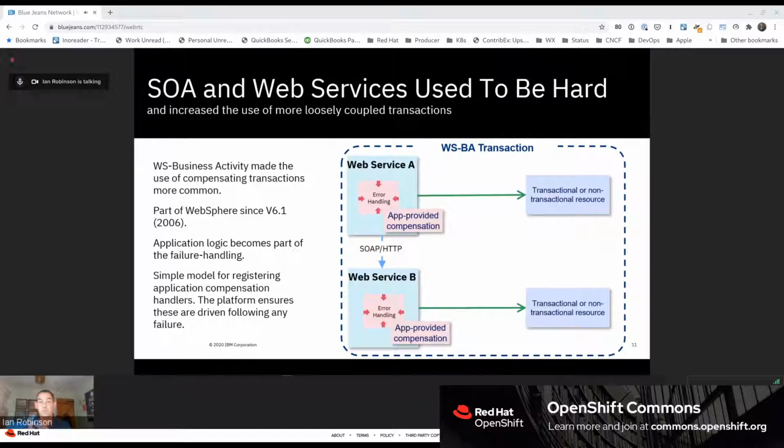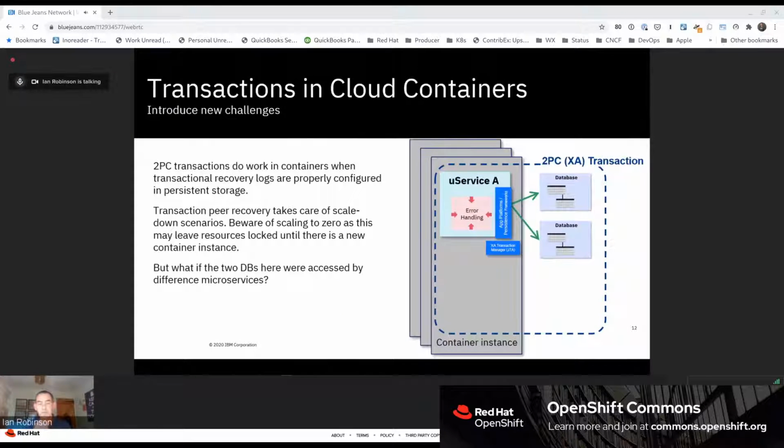That's what the WS business activity transaction model did, and we've had that capability in WebSphere since the 6.1 release, more than 15 years ago now. And that's a model for where we're going with containers and microservice transactions.